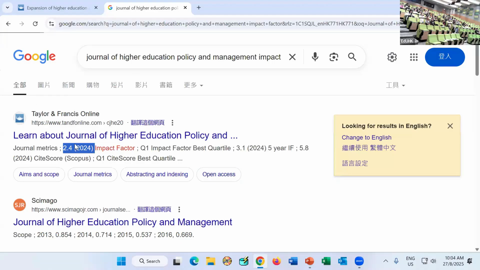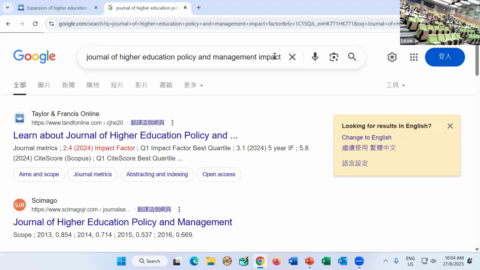Okay? But then it's something that you can have a look at. And some information about impact factor, universities care about that a lot. They would expect scholars like you or teachers to be able to publish in journals of higher impact factors. And the way to get a higher impact factor for the journal is that more people cite the papers, or some really famous scholars publish in their journals. And so this is a way to show whether the journal is of high quality.